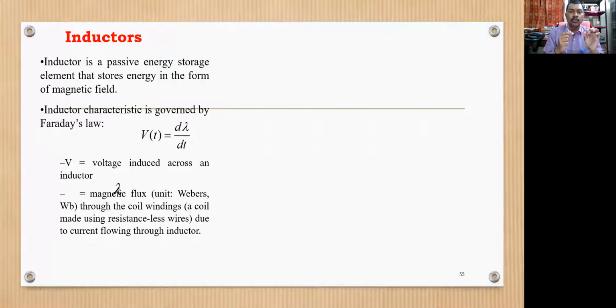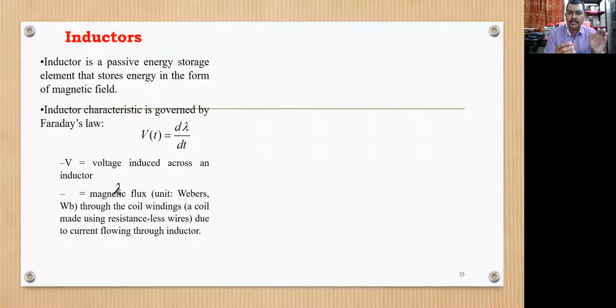तो मैं उसको बोलता हूं इलेक्ट्रोमैग्नेट। इलेक्ट्रोमैग्नेट यानी इलेक्ट्रिक करंट की वजह से जो मैग्नेट बनता है, that we call an electromagnet, right? And the induction जिसके कारण EMF जनरेट होता है, that is called electromagnetic induction. ऐसा उसका पूरा फुल फॉर्म है। So I guess you understood that this is a passive device.